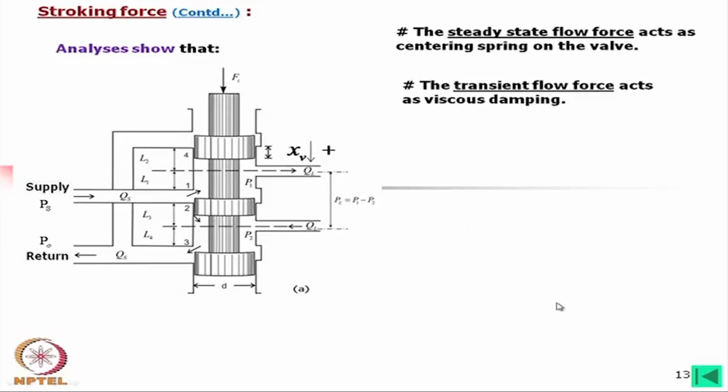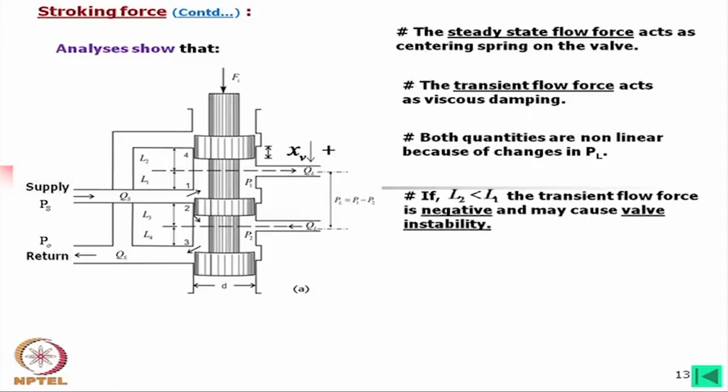So, definitely L1, L2 has great role about this spool motion. Both quantities are nonlinear because of the changes in load pressure. These two coefficients, that is Bf, Kf as well as the force, will be nonlinear. In fact, servo valves are highly nonlinear. What we do is, in the vicinity of the operating point, we linearize and then we try to apply the control there. Okay. If L2, look at this figure, L2 is this portion